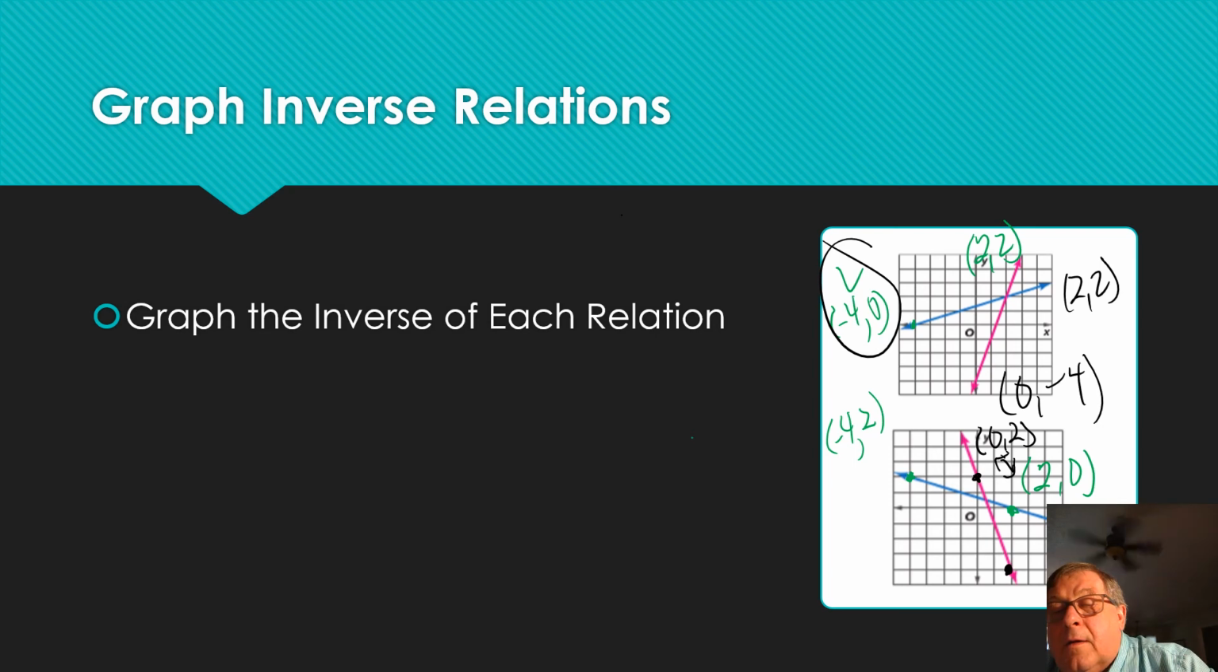And what about down here? X is 2 and y is 1, 2, 3, 4, -4. So we got x is 2, y is -4. And that's the inverse